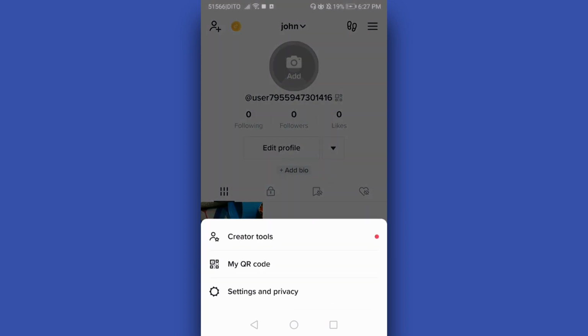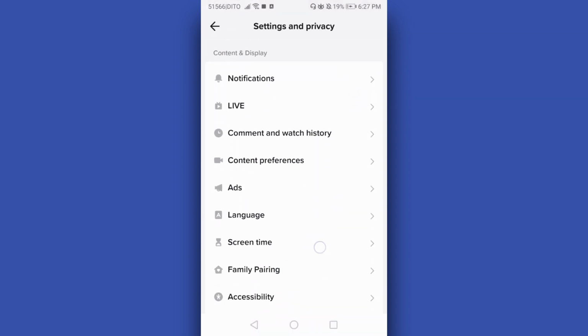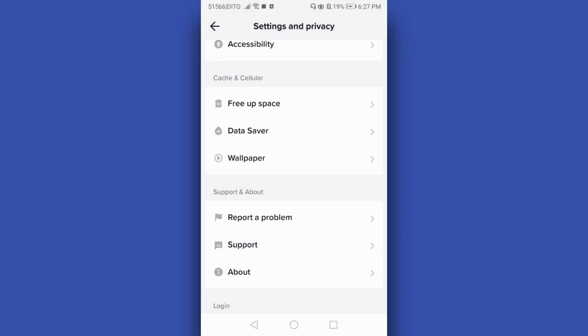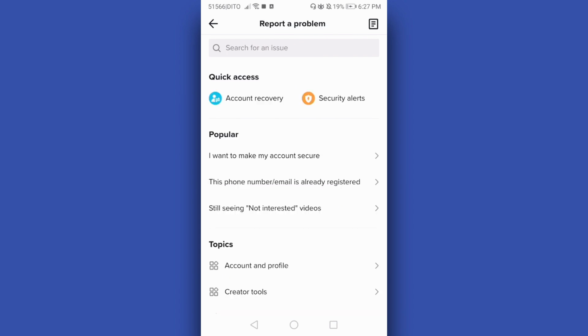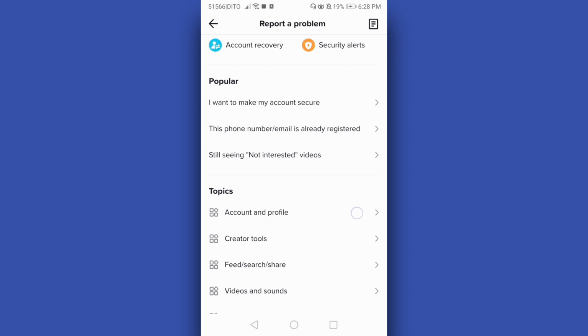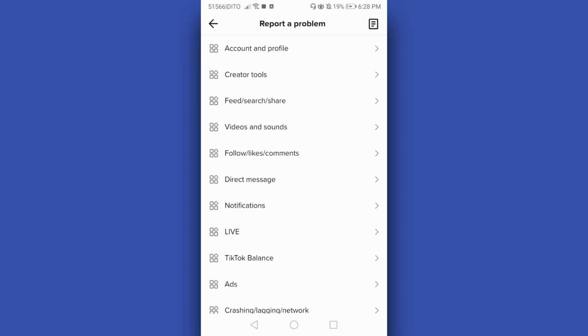And choose Settings and Privacy. And just scroll down and go to Report a Problem. Just tap this. And then after that, you will see on your screen here the different topics. Just scroll, then go to live,